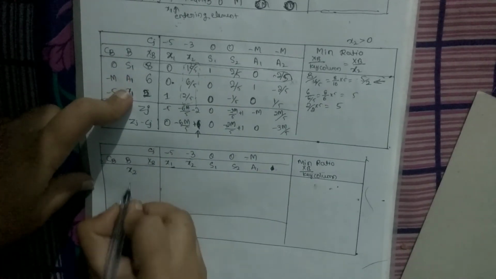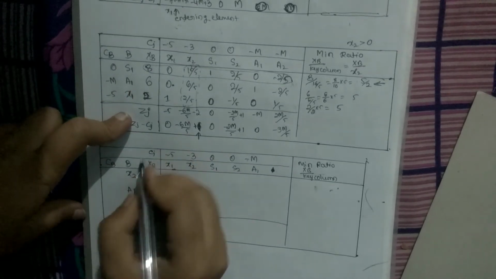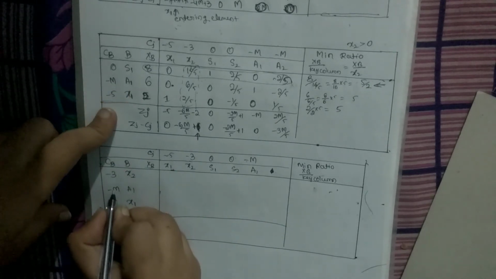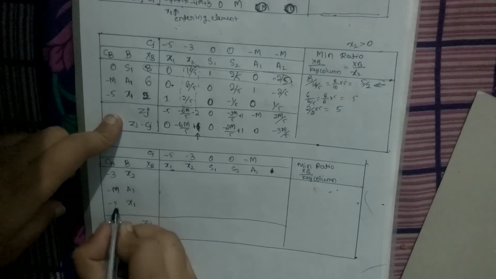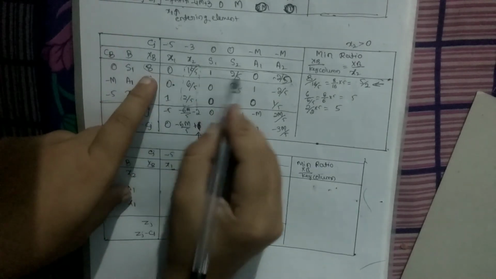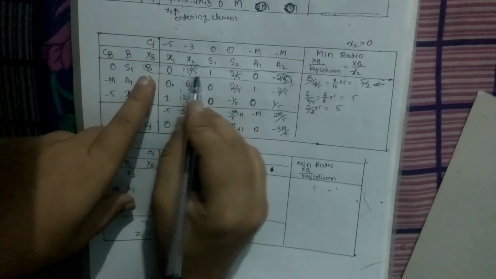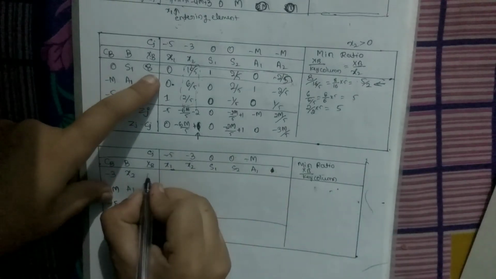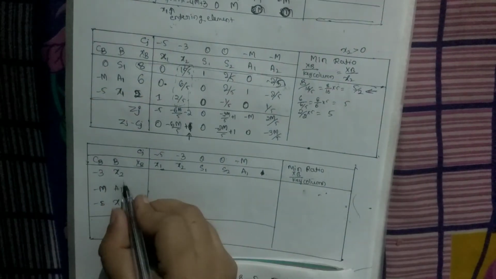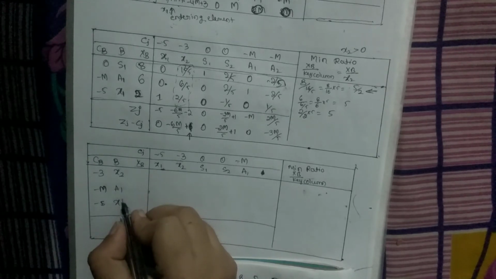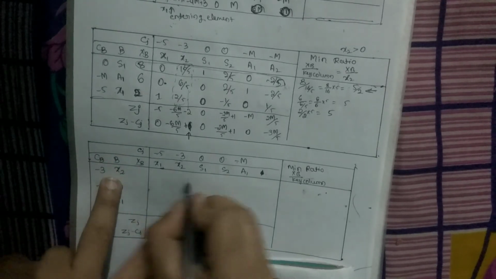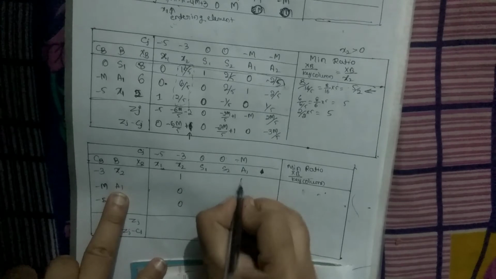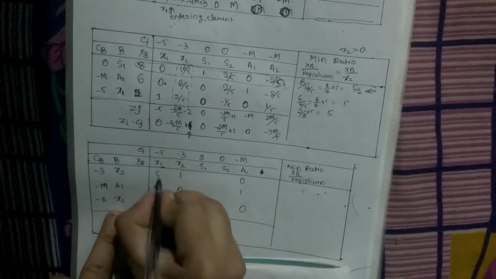So x2, a1 as it is, x1 as it is. The coefficient of x2 is minus 3, a1 is minus 1 minus m, and x1 is minus 5. And which is the key row, divide by the key element. Here x2, a1, x1 in the format of a unit matrix, that is x2 is first, so 1 0 0, a1 is 0 1 0 and x1 is 0 0 1.